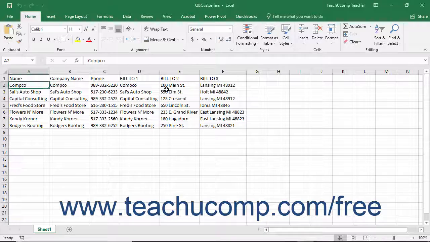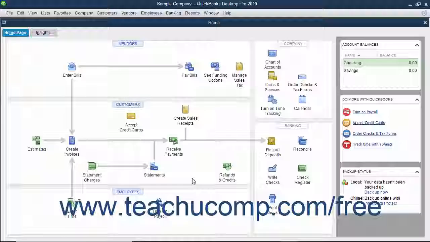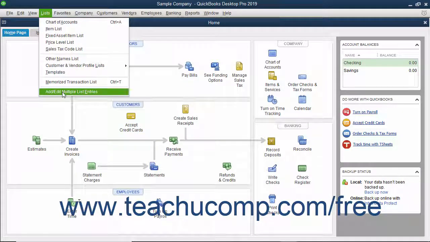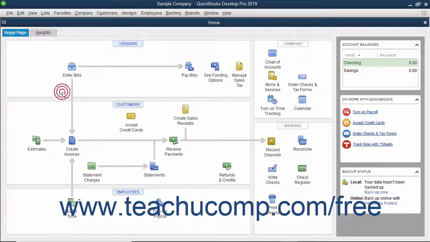A feature that can improve the speed of company file creation is the ability to copy and paste data into lists within QuickBooks from Microsoft Excel. You can copy and paste data from an Excel worksheet into the customers, vendors, service items, inventory part, and non-inventory part lists. To perform this task, select Lists, Add Edit Multiple List Entries from the menu bar to open the